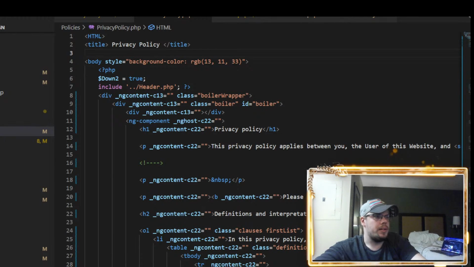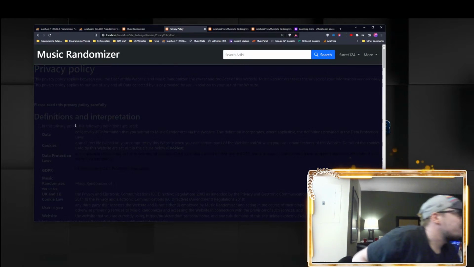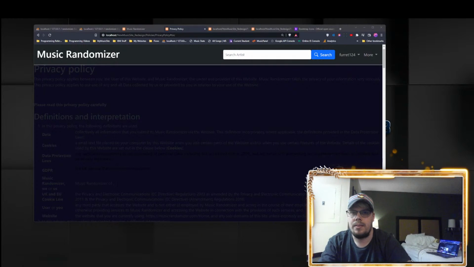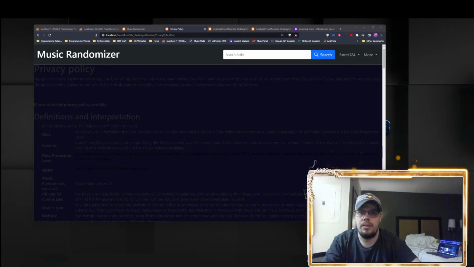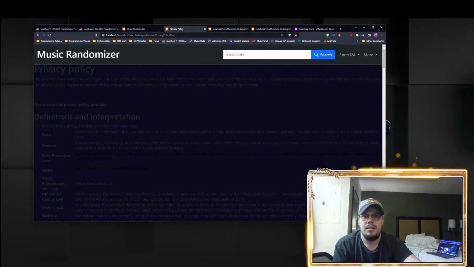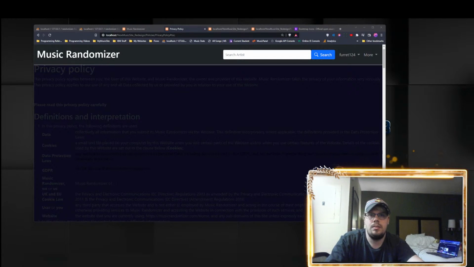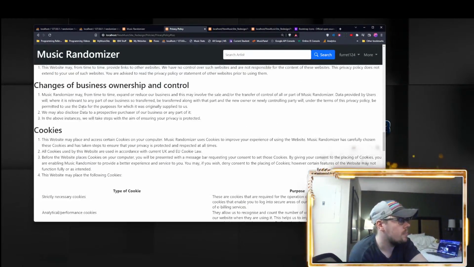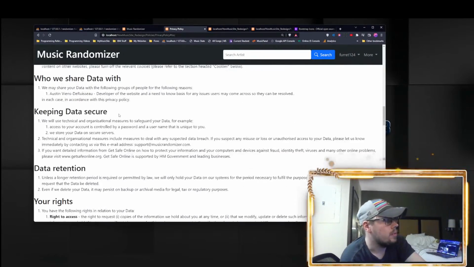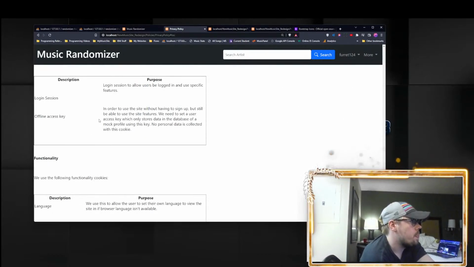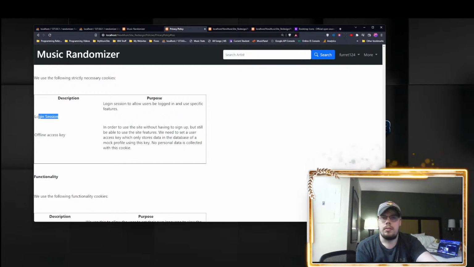All right, so let's see how this looks right now without the styling. Man, that's kind of tough. Let's see now with the styling. I think it's in here. It looks like the styling works pretty well. Only thing I want to see is I think